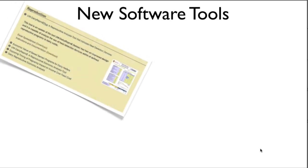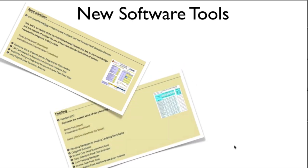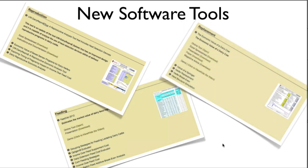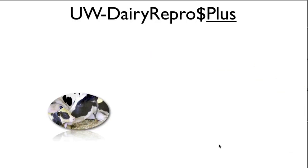So today we're going to discuss the reproduction side, and we're going to feature this tool called UW-DairyRepro Plus. Then we're going to switch gears towards nutrition and talk about FeedVal, and at the end we're going to move over to replacement and talk about this new tool, the economic value of a dairy cow. So let's start with the